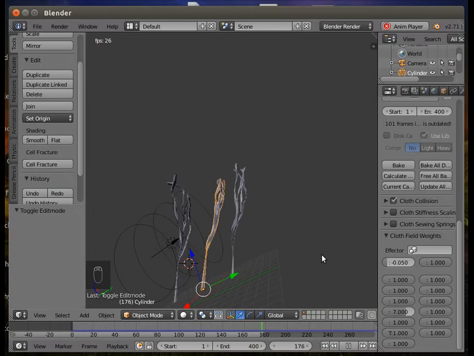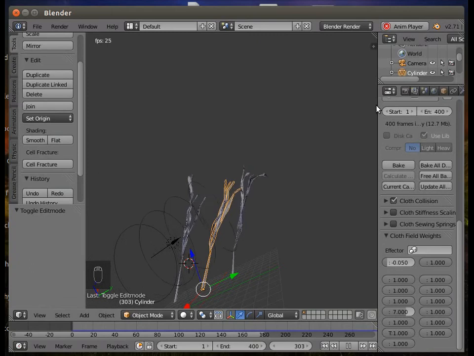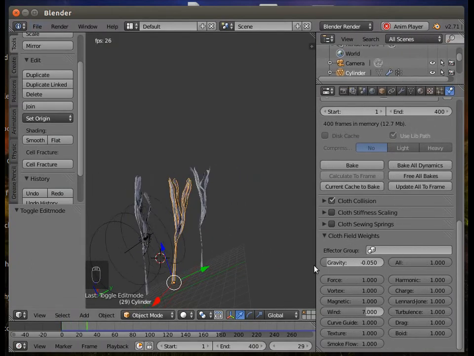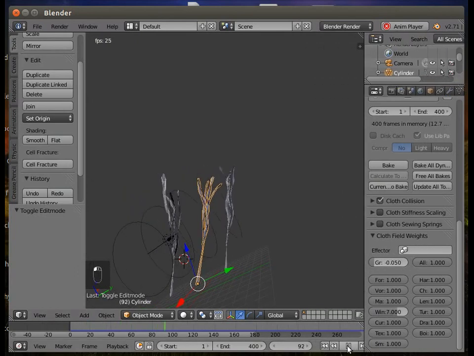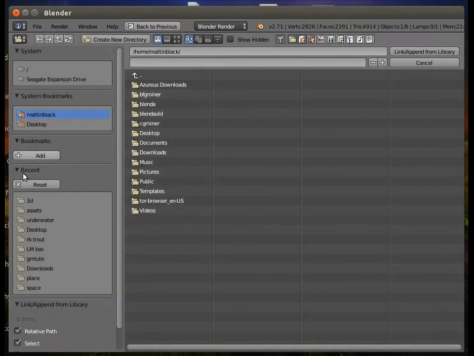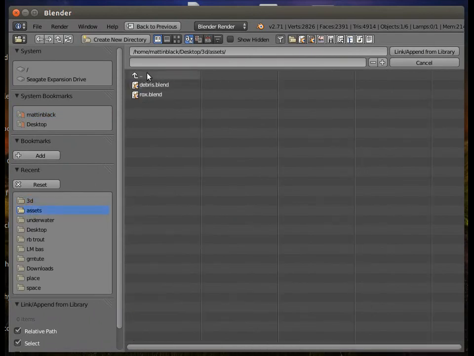So I'm going to leave those there, just like that, and I'm going to apply material. And I'm going to cheat because I'm going to use the material that I had before, and I'll show you now how to import materials from another file. So if you've got material you really like, you can use it, and I'll show you what the settings are on that material. This just saves a bit of time. So we can go down, we can append, and this is 3D assets actually. No, it's not, it's in underwater because I haven't moved it yet. And it's there,